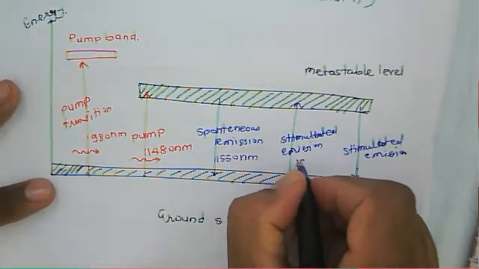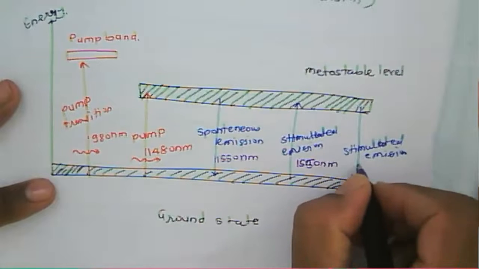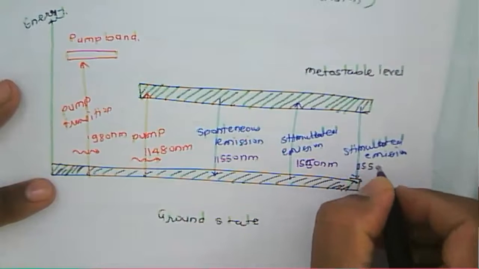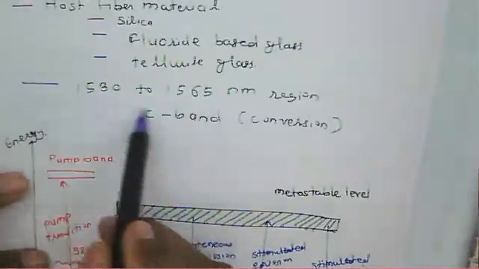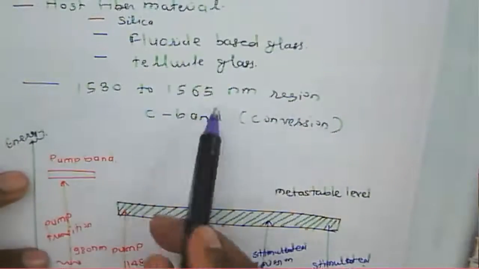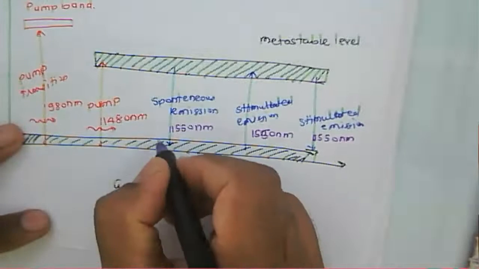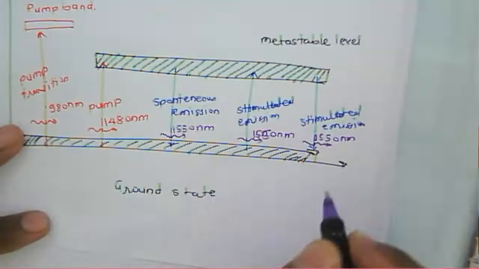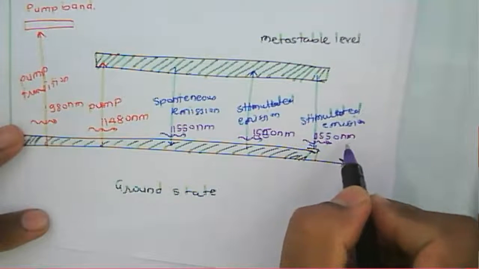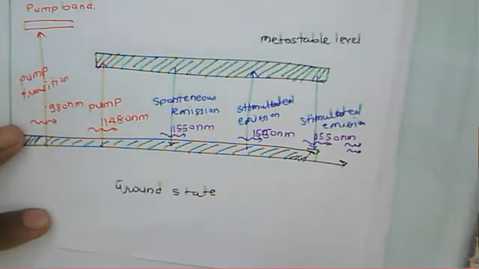So we can say 1550 nanometer. That's why we have said that it will work at this particular region only. That's why, here, the example we are showing is that it will operate at this 1550 nanometer, and then it will provide the stimulated emission. Okay, so likewise,